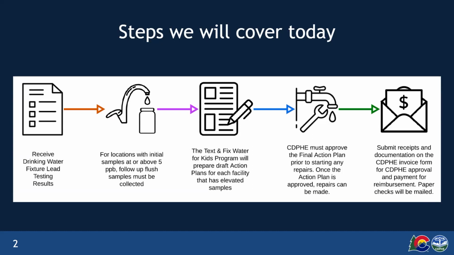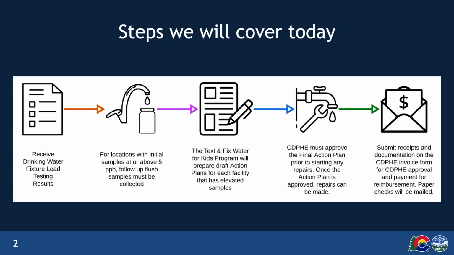From there, once you collect your flush samples, you can start to create the remediation plan, which is required under HB 22-1358. We'll go over the approval process that will then lead to allowing you to make those fixes, taking a confirmation sample to make sure those fixes successfully reduced your lead levels, and then the final step of giving us your invoices and reporting your final costs for us to approve for reimbursement, and then final reporting to check you off as completing the process of this program for your facility.